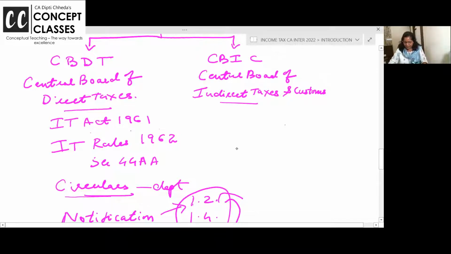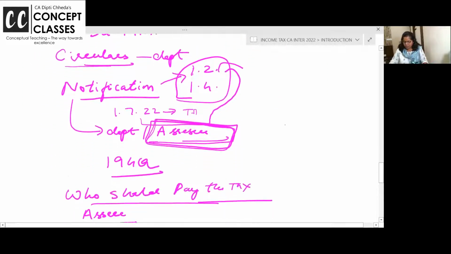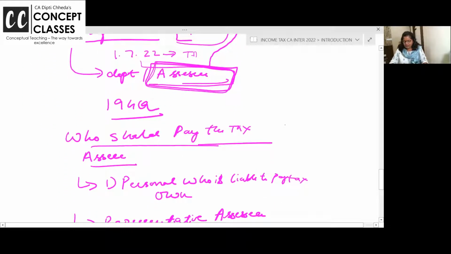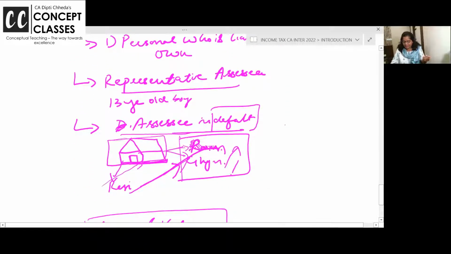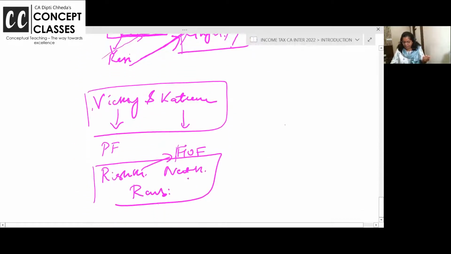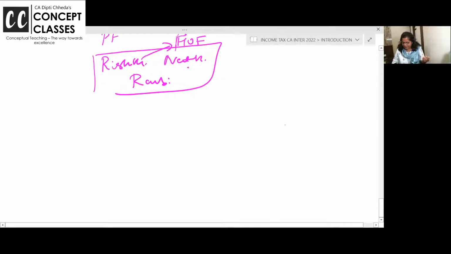Okay, right. Then yesterday we saw what the Income Tax Act is, what rules are. Circulars are for departmental clarifications, and notifications are for any changes in between. And the last part I discussed yesterday is,